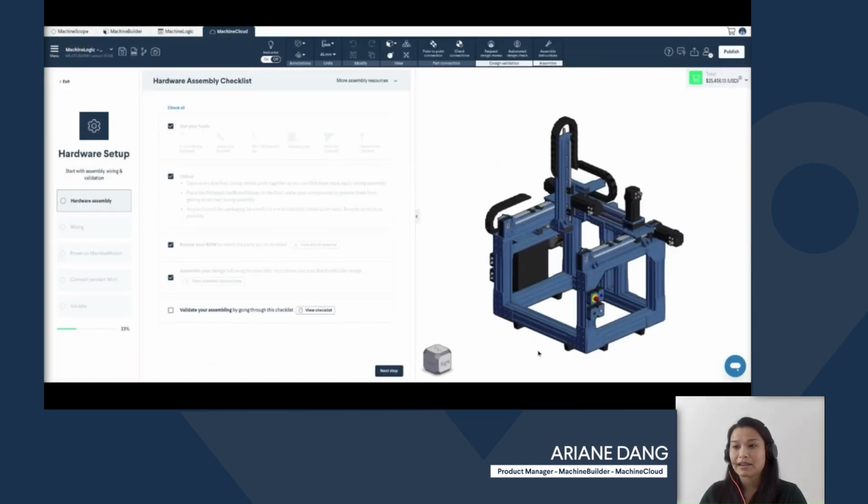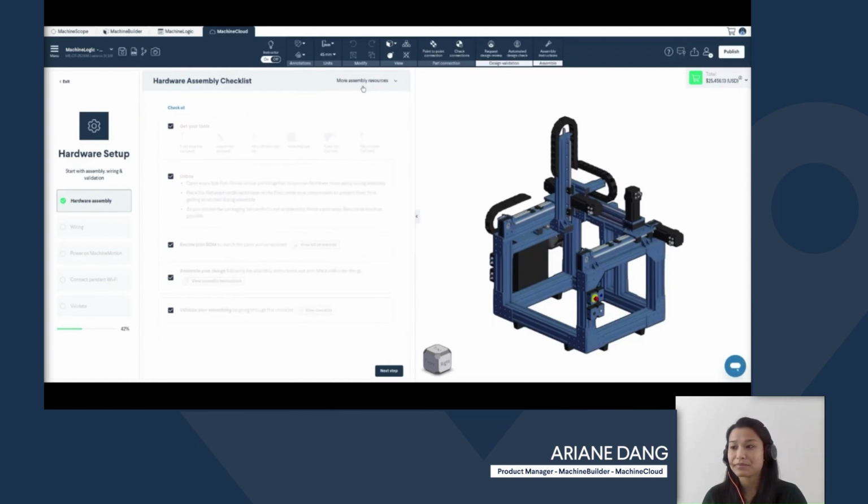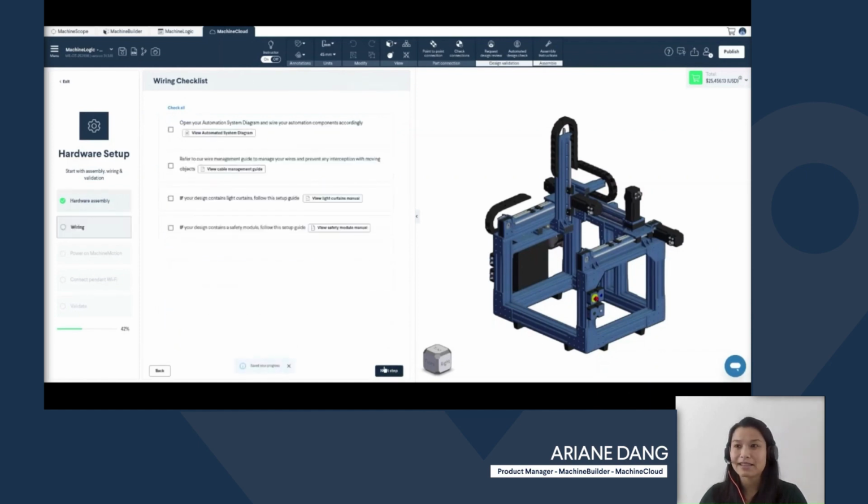Once that's done, I can also validate my assembly with a nice checklist. And if I need, I have more assembly resources available here online for further help. Once I'm good with that, I'm going to click on next step, and this will bring me to the